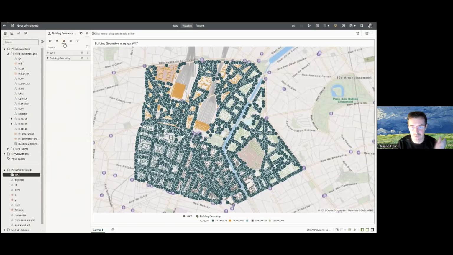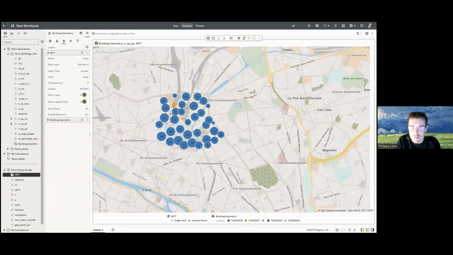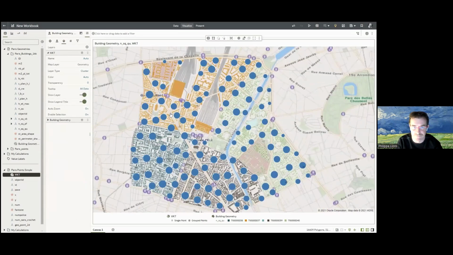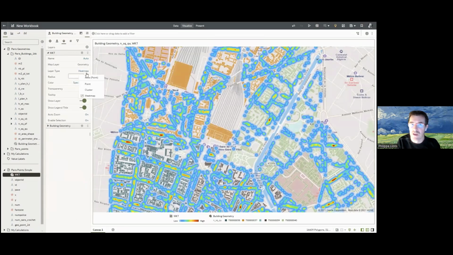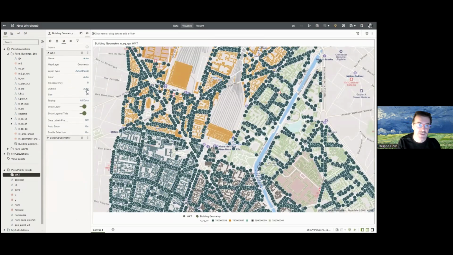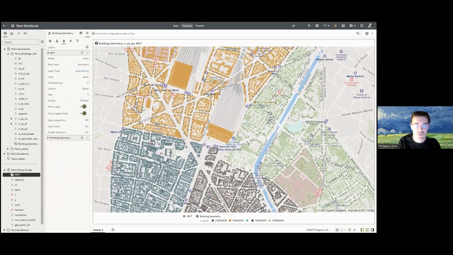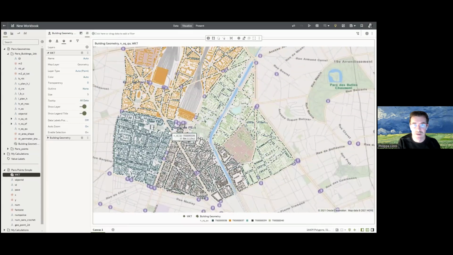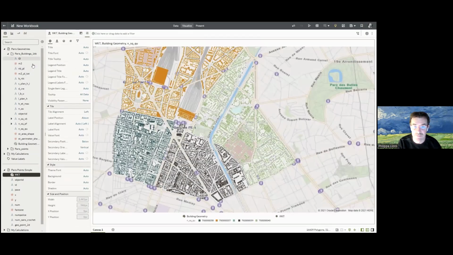I can beautify this a little bit, go into the definition of my points layer. It's just a map like you're used to. The point layer could be represented as a cluster, as a heat map, as points. I can format points, remove outlines, reduce the size, change data labels, and do all sorts of things. I have these dynamic maps showing me my geometries very easily by a simple drag and drop.